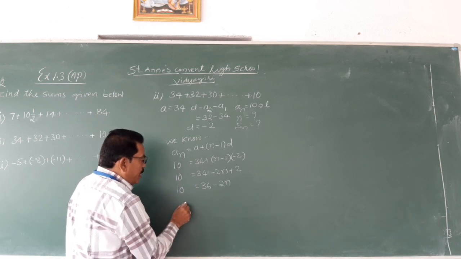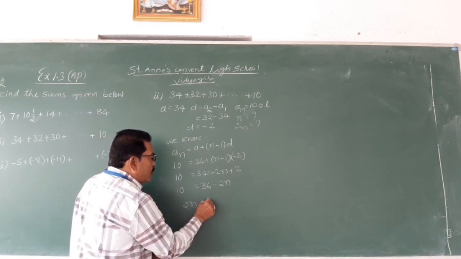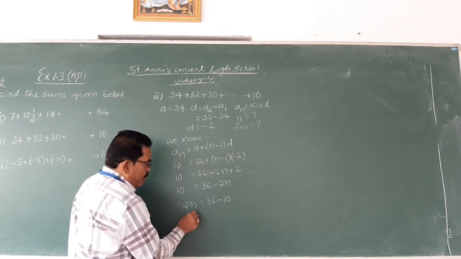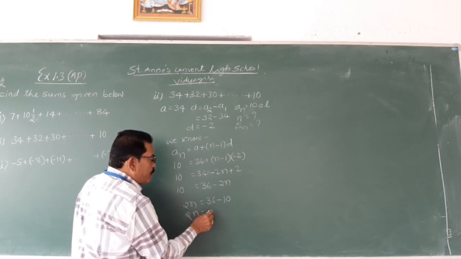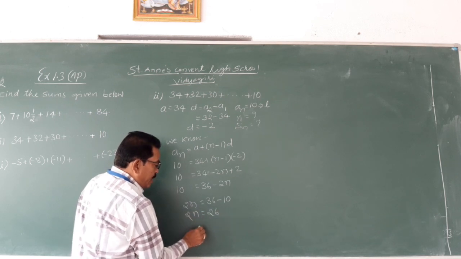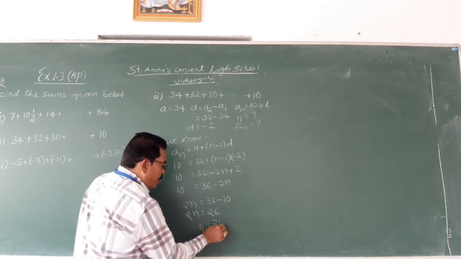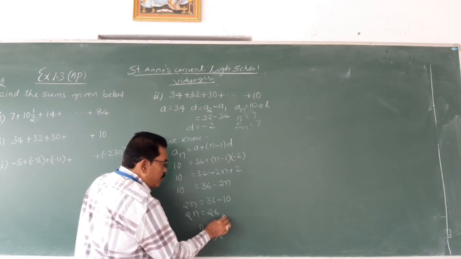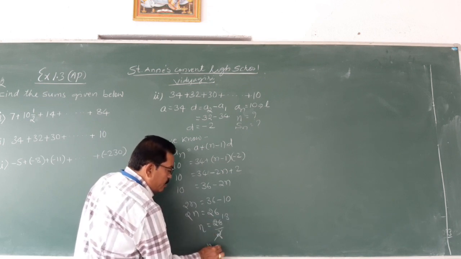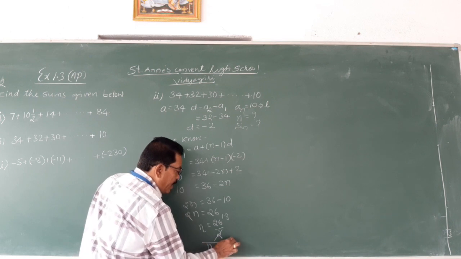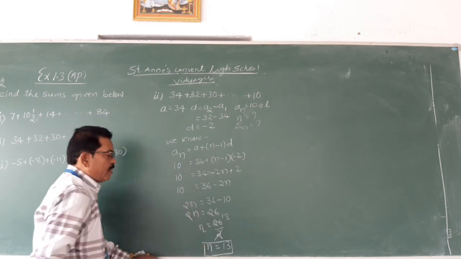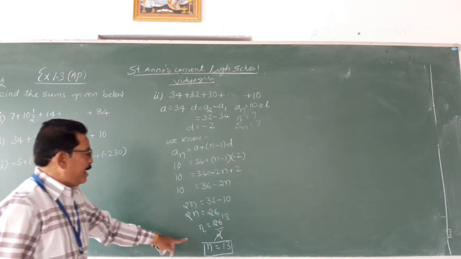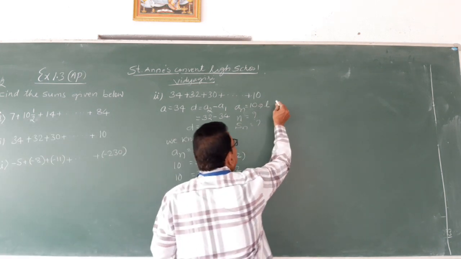So transferring the terms, 2n equals 36 minus 10. 2n equals 36 minus 10, which means 26. n equals 26 by 2. 2 ones are 2, 2 thirteens are 26. That is n equals 13. There are 13 terms. n equals 13. By using that, Sn equals